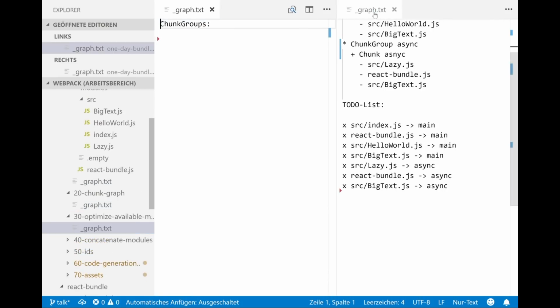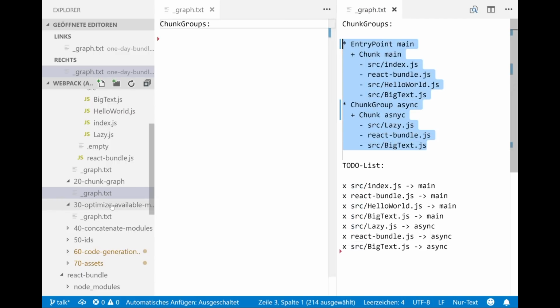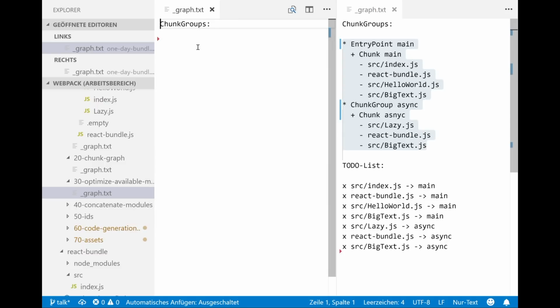So we basically copy the graph and do the optimization named optimize available modules. It's also in this Webpack option, optimization, available modules. It's on by default, so okay, we do it.